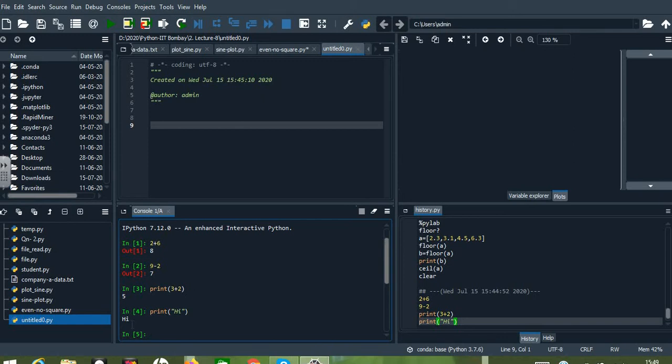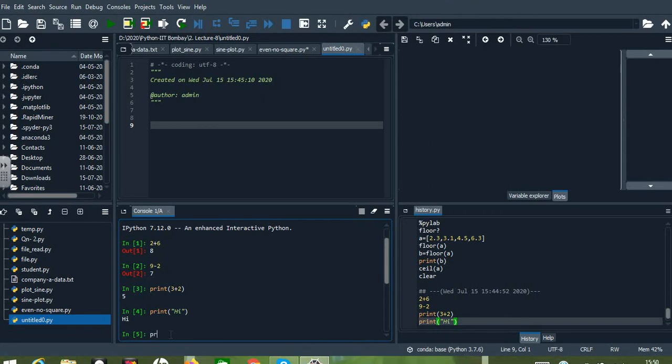Next we have another option in our console window. For example, if I want to know all the commands or things which start with the letter P, I type P and press the tab key. Then we can see all the possible things which we can import, or anything which starts with the letter P. This is one option which is available in Python.